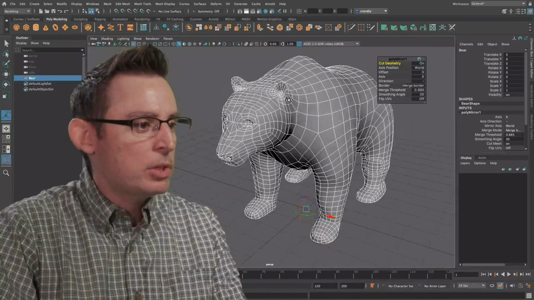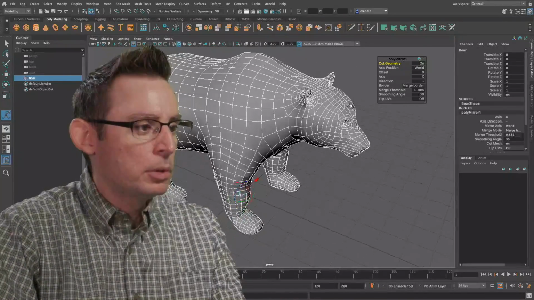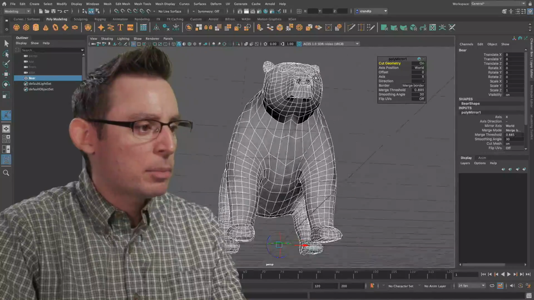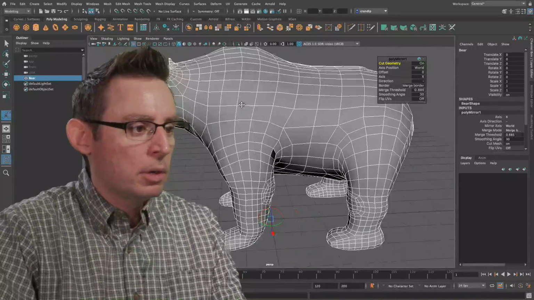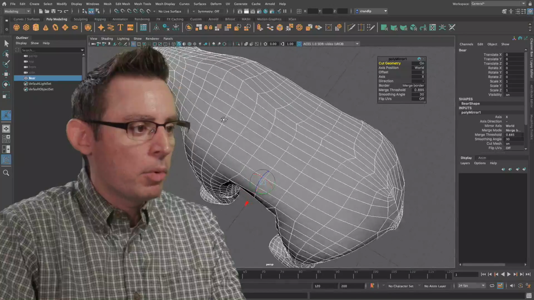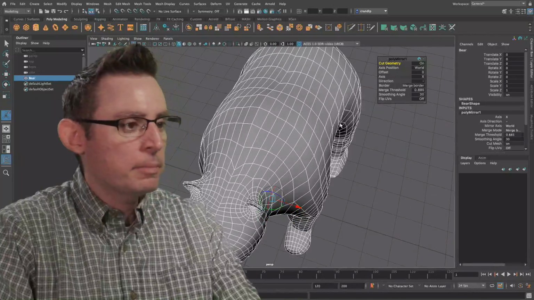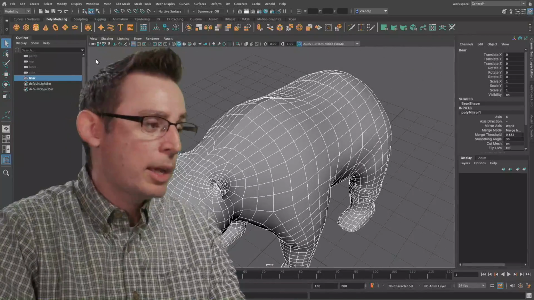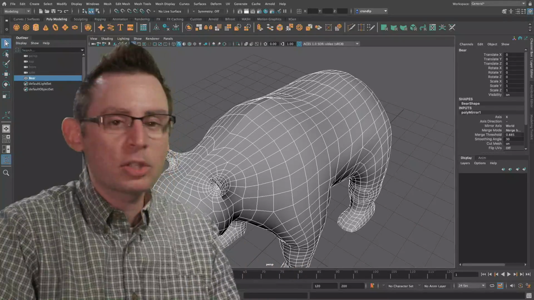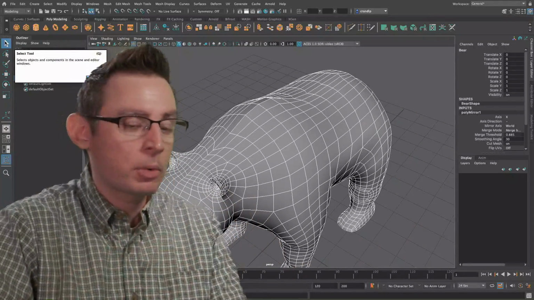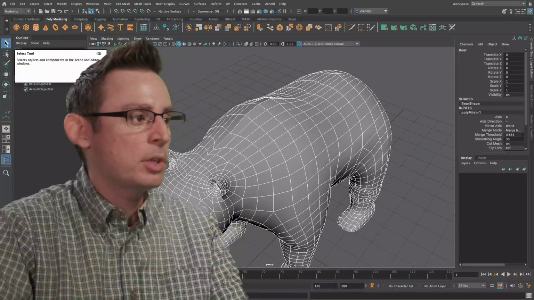And when you're happy, just do a quick inspection before you drop the tool. I'm just looking over my mesh, making sure that things are all looking the way I want. And then when I'm happy, hit the Q key to drop the tool. Actually, the Q key just returns you to the selection tool, which kind of confirms the previous step and allows you to move forward.